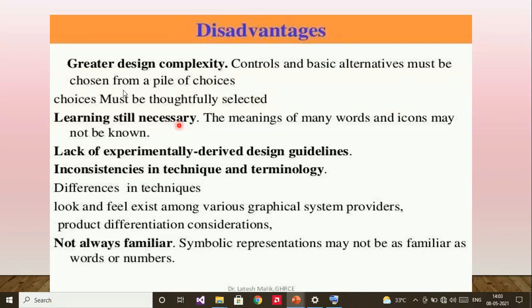And users may not be familiar with the pointing device they are using, maybe a mouse. They have to learn it first. So everything takes time: learning the words and icons, and how to use the pointing devices.